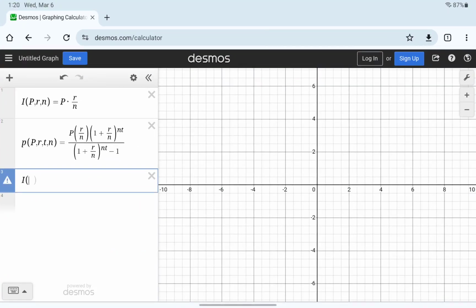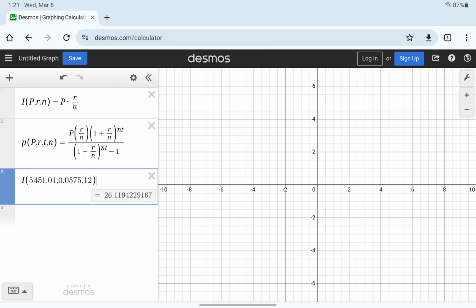So we can evaluate I of the principal, 5,451.01, plug in our interest rate of 0.0575, and for n, we need our number of compounding periods. Since we're making monthly payments, we'll plug in a value of 12. We come up with a result of